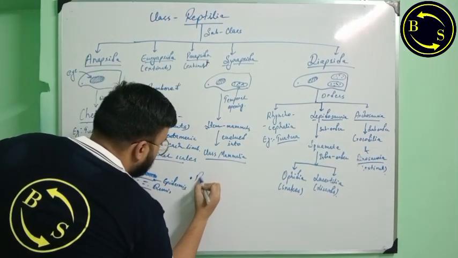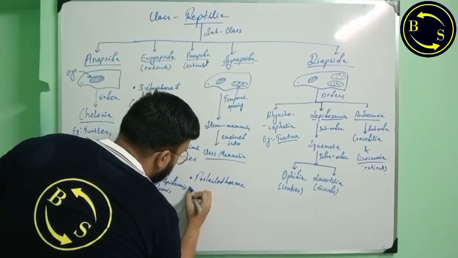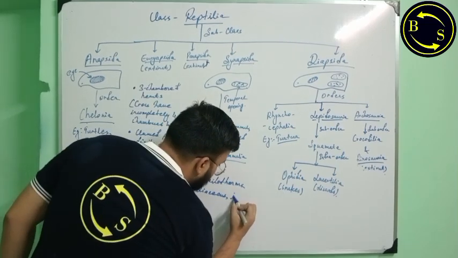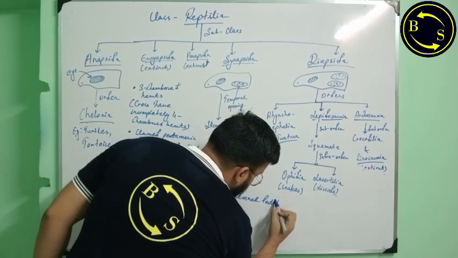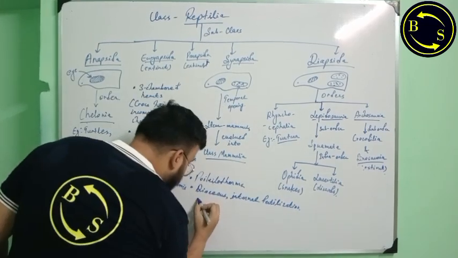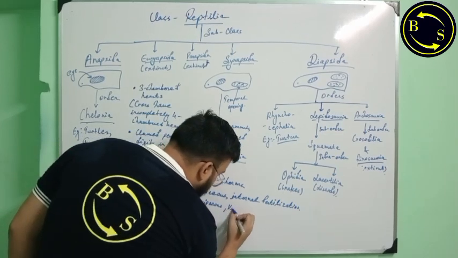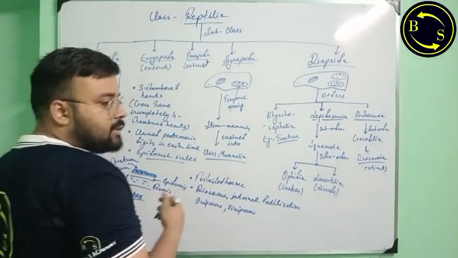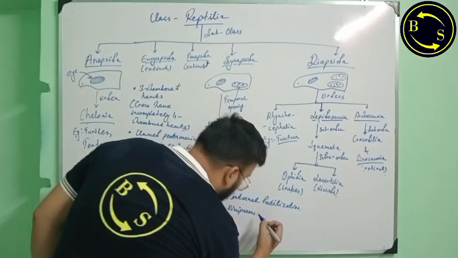Obviously, they are poikilotherms or cold-blooded. They are dioecious with internal fertilization, and they can be oviparous, means egg laying, like turtles and crocodiles. Viviparous, giving birth to live individuals such as vipers and anacondas, certain snakes, or they can be